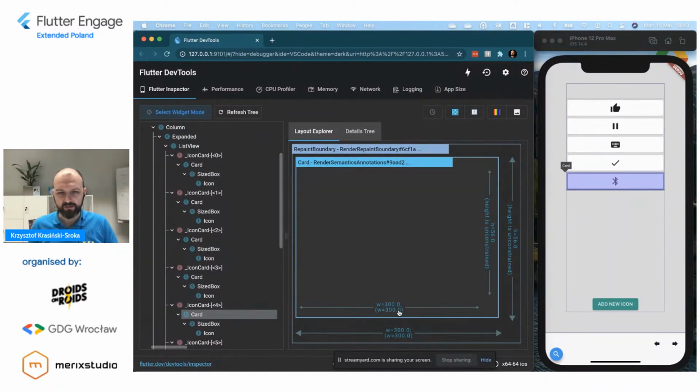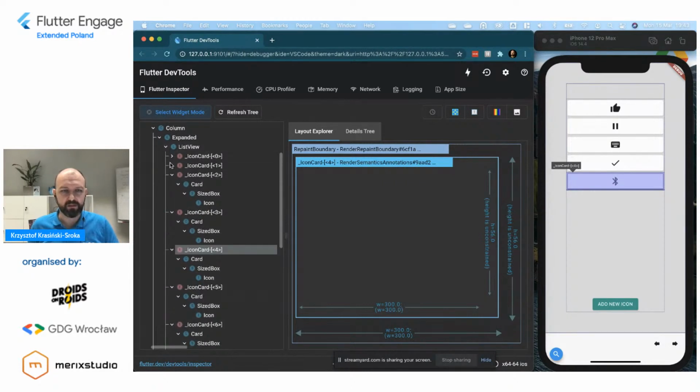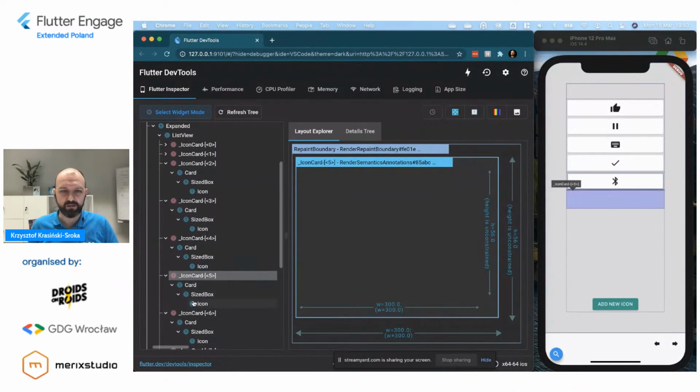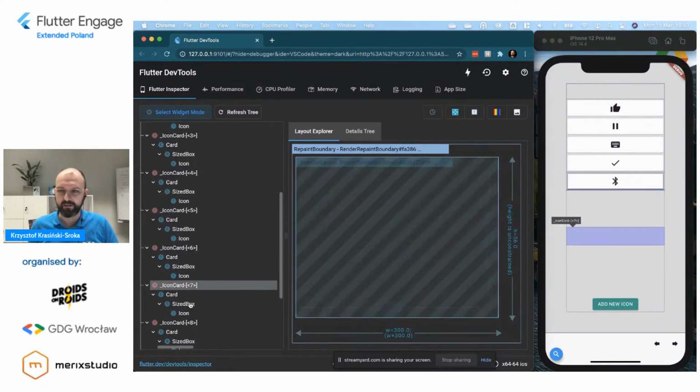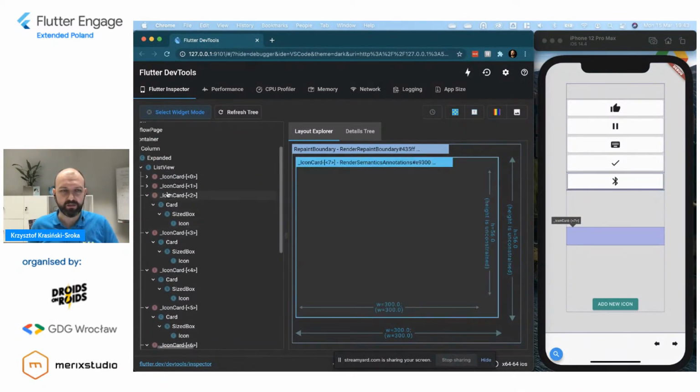So it's 300 dp wide, 56 dp high. And if we go up, we see this card. So they're nice cards, and they are somewhere lower and lower. So they should be displayed.